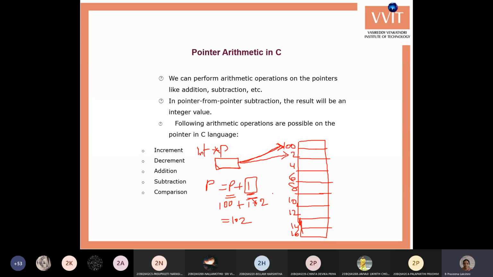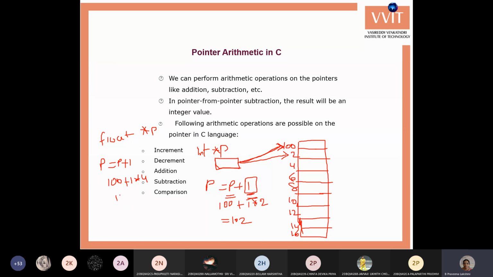Say for example, if the pointer is a float pointer, float asterisk p, and you write p equals p plus 1, then this addition is like 100 plus 1 into 4, because 4 is the size of one float variable.